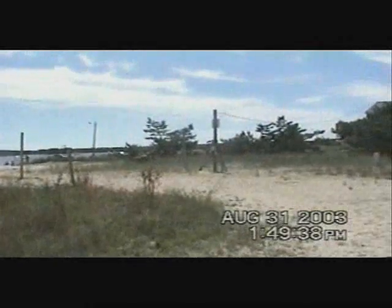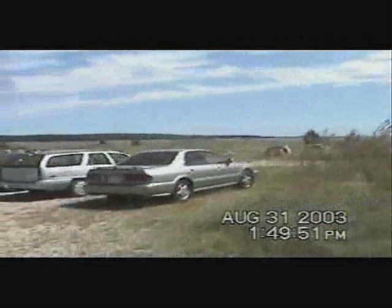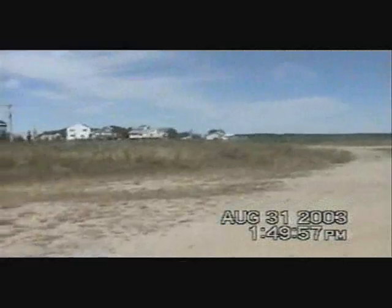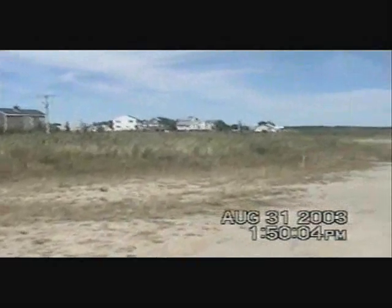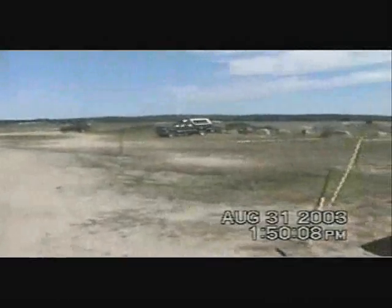As I say, we have so many visitors now who come and remember they used to come here as children. Their grandmother owned a house in the area, and they'd come here and have a good time. This is where a lot of people met their first girlfriend, or their wife, whatever. A lot of good memories about the summertime. We're just going to cruise through the parking lot here a little bit. As you can see, the invasive plants, Phragmites, and a couple of others that I can't pronounce,